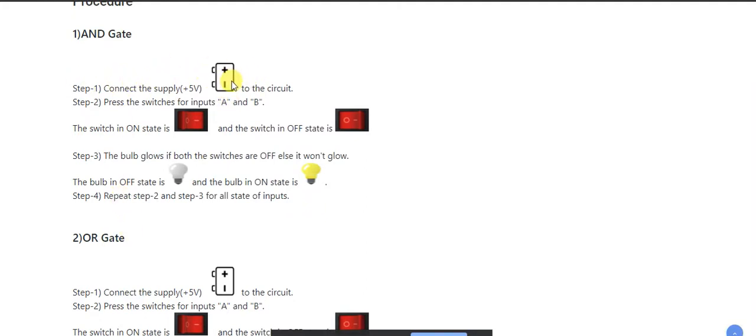Why 5 volts? Is there any specific reason? Can somebody answer this question? Why only 5 volts? The reason is, for any logic gate you take, this plus 5 volts is nothing but logic 1. At the same time 0 volts or ground. Okay, in digital circuits it is not called earth, it is called ground. Ground stands for 0 volts, that is 0. At the same time, digital logic 1 stands for 5 volts.